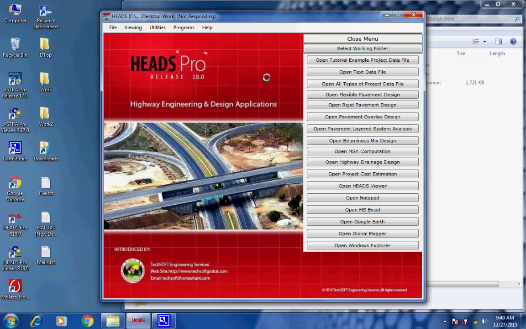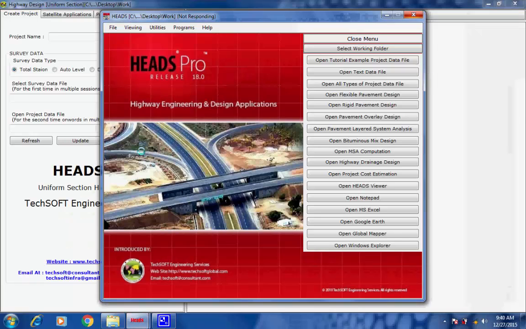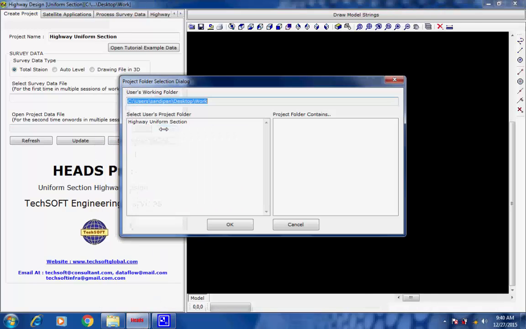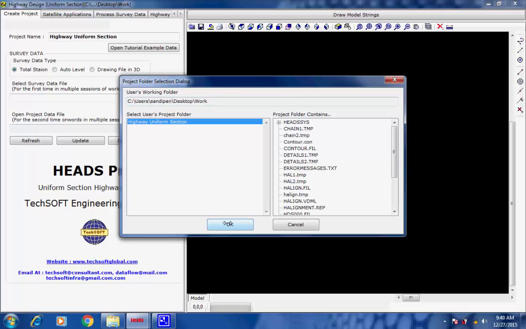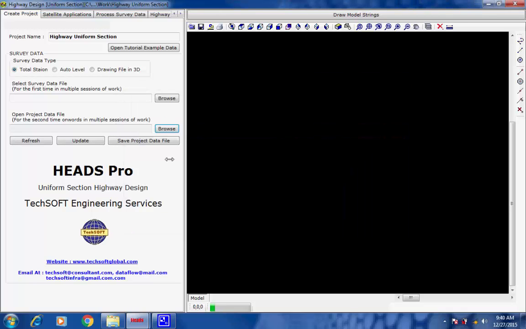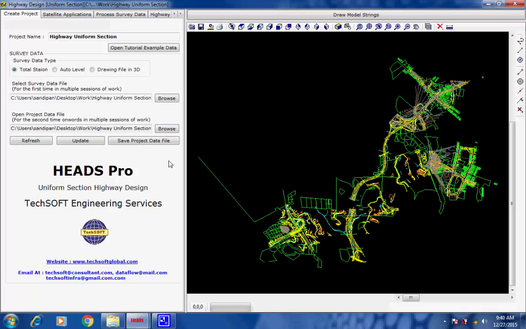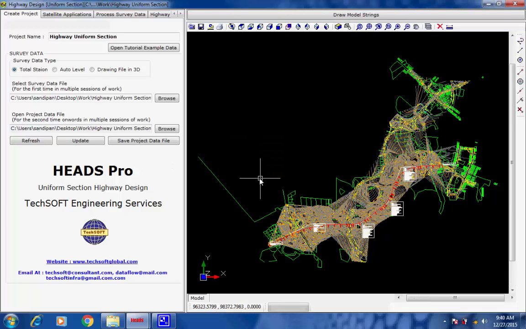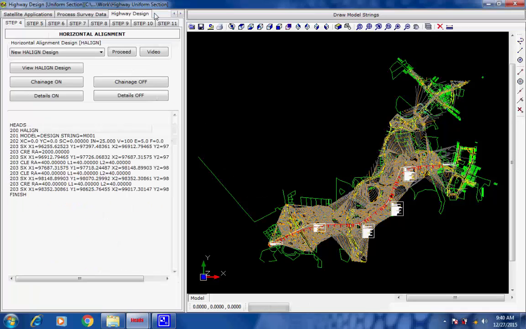As the window opens, the current selected tab is Create Project. We click on button Browse for Open Project Data File and select the folder Highway Uniform section. The survey base plan drawing and data are loaded and the message comes, click on OK. Next we select the tab Highway Design, as the steps 1, 2, 3, 4, and 5 are already done in